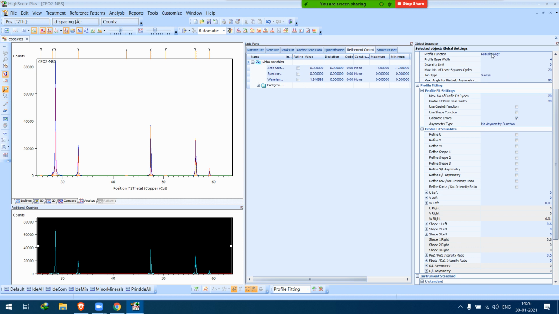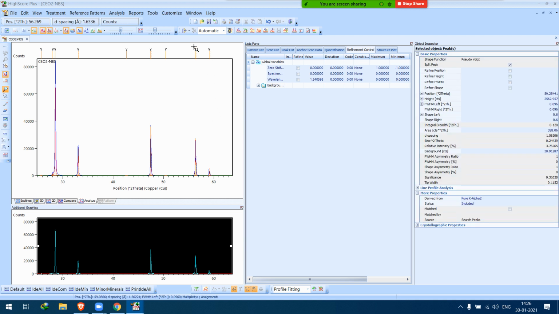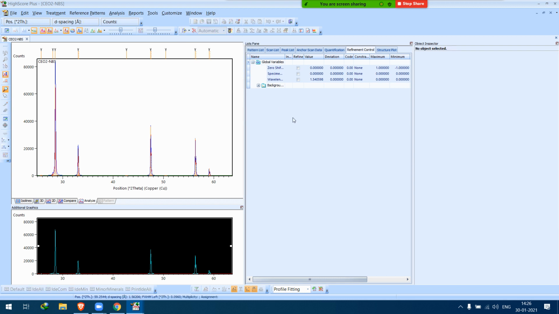X-ray is there, pseudo-Voigt is there, asymmetry type, split width and shape. We'll just perform the default calculation.